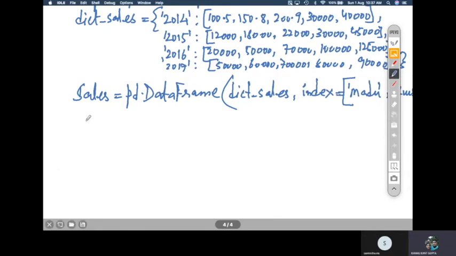Now let us solve the questions, right? The solution of A, the question number A was display the row labels of the sales. You have to display all the row labels. So how to display the row labels?